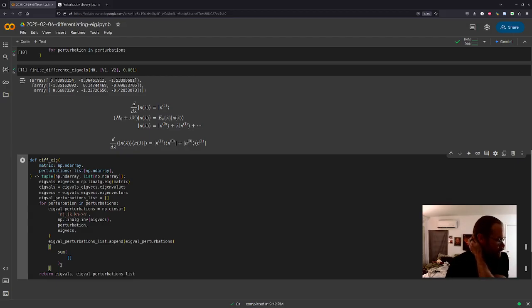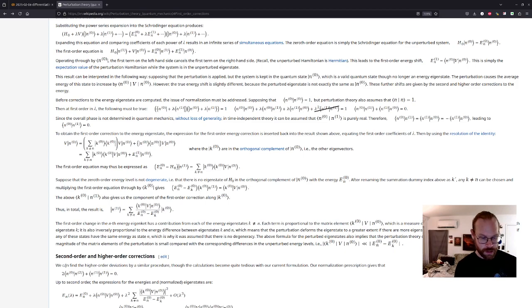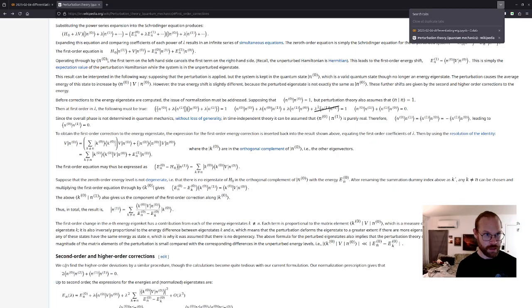So this is supposed to be, each perturbation gives us a perturbation to all of the eigenvectors. So this is a list of all the eigenvectors. So for, what are we going to call this? Vec n and n, maybe?